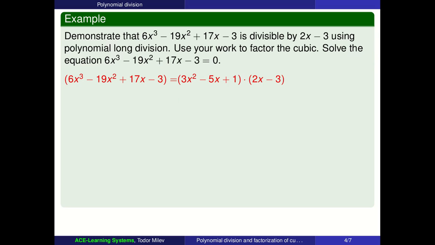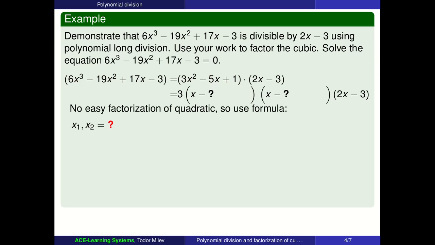Now, this is a quadratic and we know everything about quadratic factorization. This quadratic doesn't have any easy roots. You can try yourself the divisors of 1 and you'll find out that they don't really work. So since there is no easy factorization of that quadratic, 3x squared minus 5x plus 1, we are going to use the quadratic formula. The two roots of a quadratic equation are given by the formula